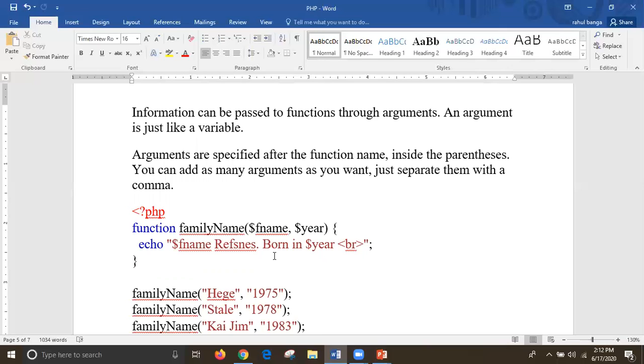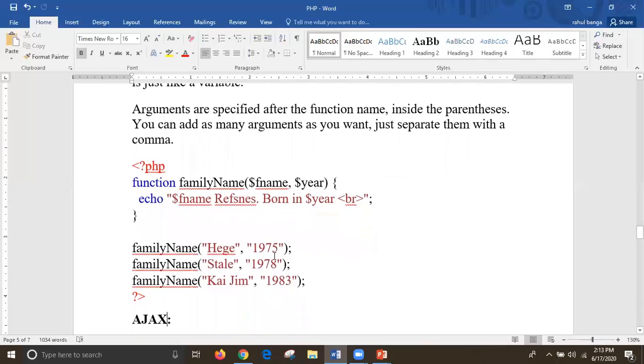Because if we want to add any arguments within the function, that will be done separated by commas. So if we want to add only a single argument, there is no need for a comma for separation, because there is only one value in the brackets. But if you want to add more than one value, then you have to separate all the values with the help of commas. So as many arguments as you want to add, you can do it inside the parentheses.